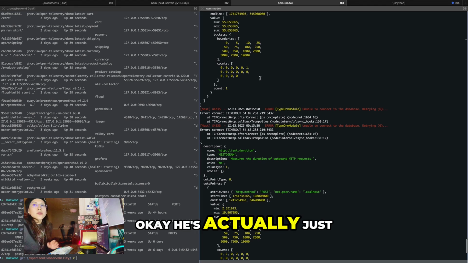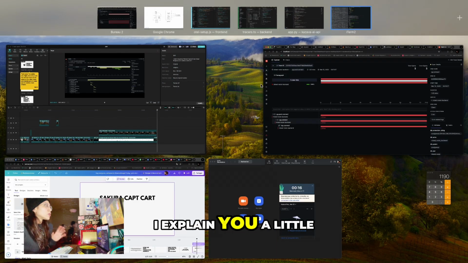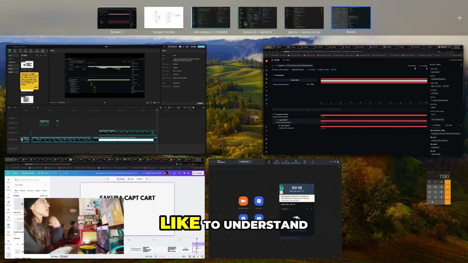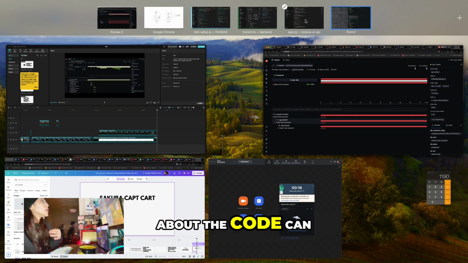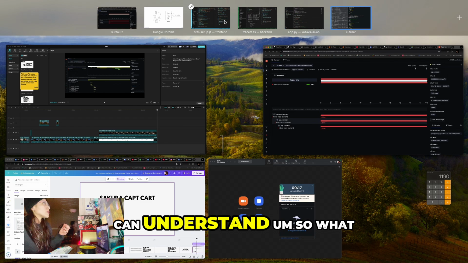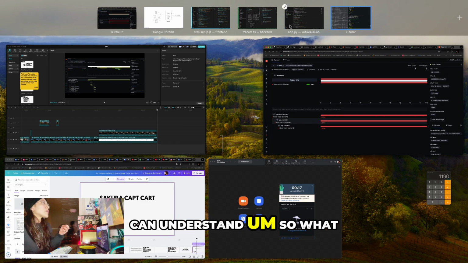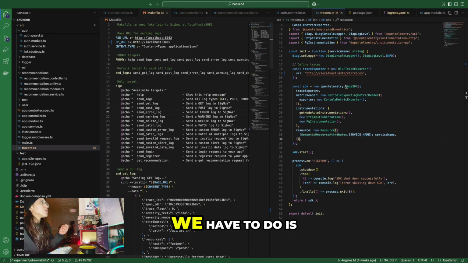Okay, I'm just explaining a little basic because I wanted people that don't understand code to be able to understand. So what we have to do is change